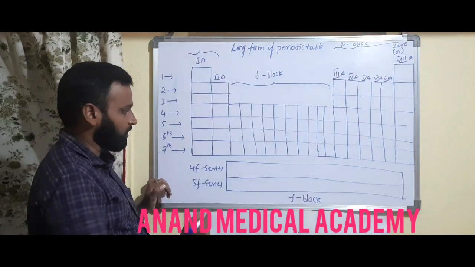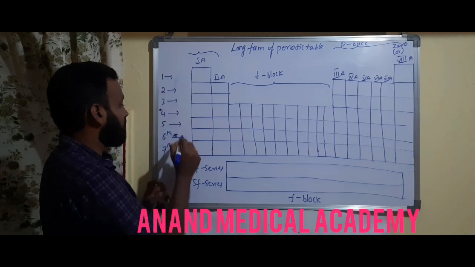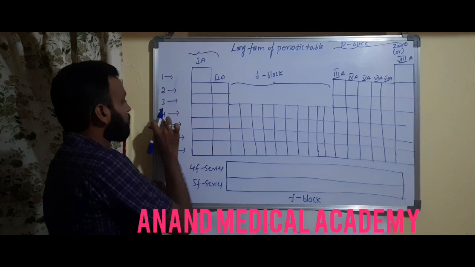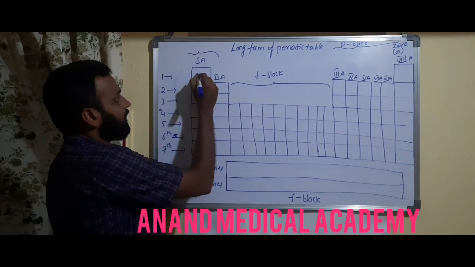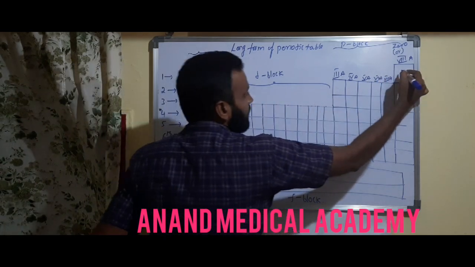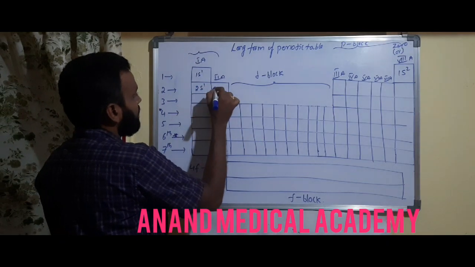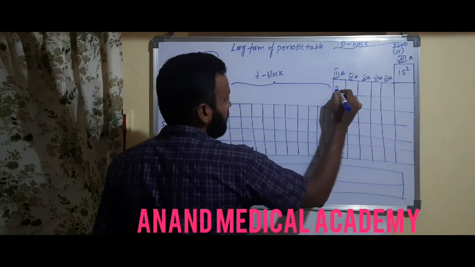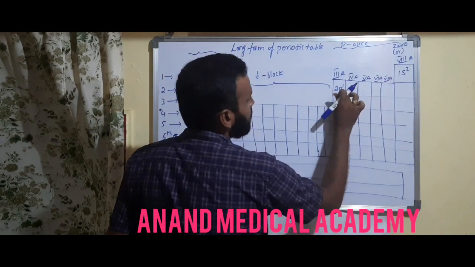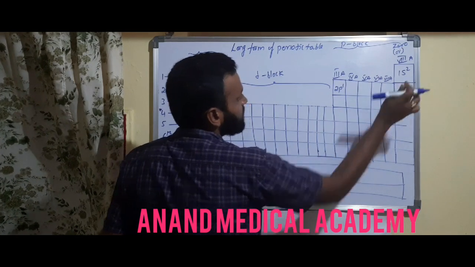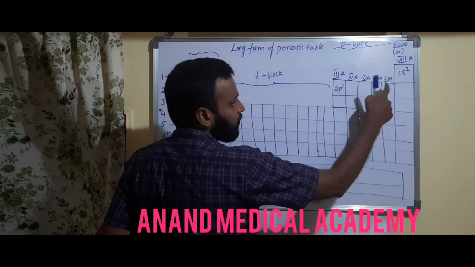These are all things we have to learn. 4F will start from the 6th period. For the 4th period I will put a star mark, and for the 6th also a star mark, because in the 4th period 3D will come after 4S. Here I told you, I gave 1S1 and 1S2, and here 2S1 and 2S2, and then 2P1, 2P2, 2P3, 2P4, 2P5, 2P6. Got it what I am saying?